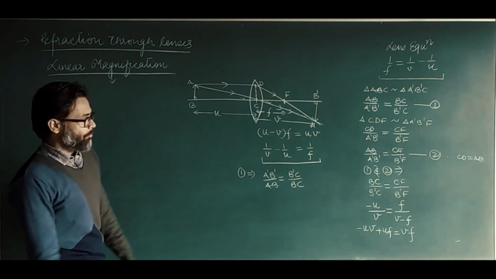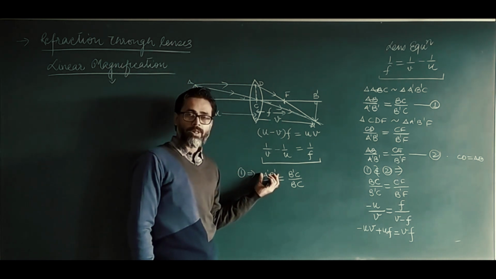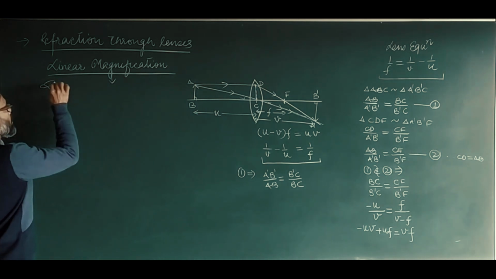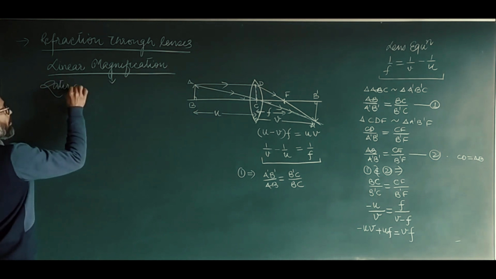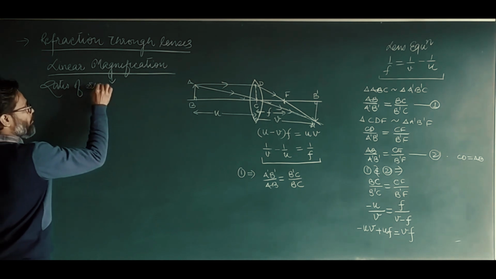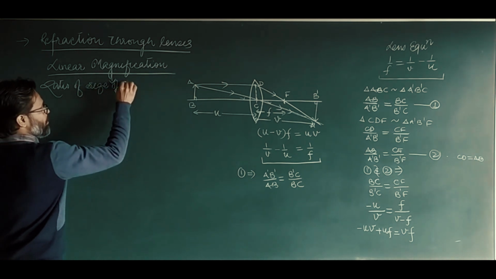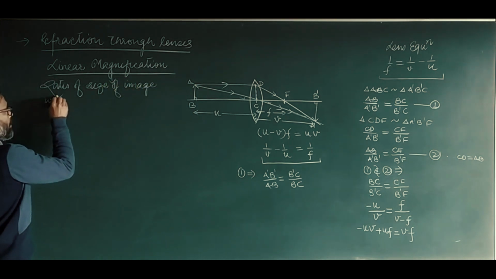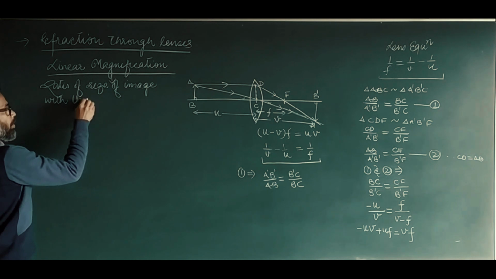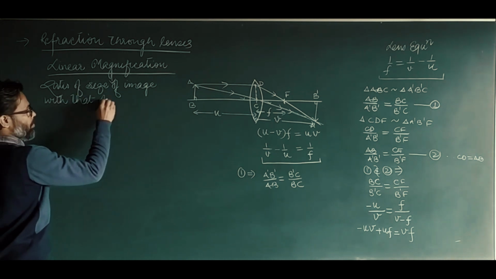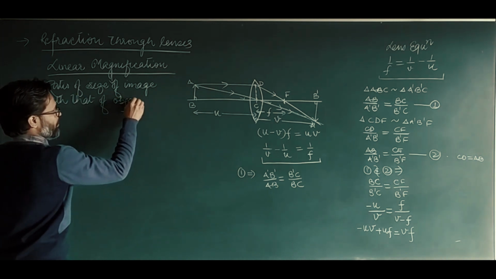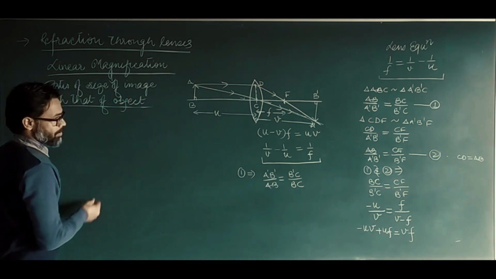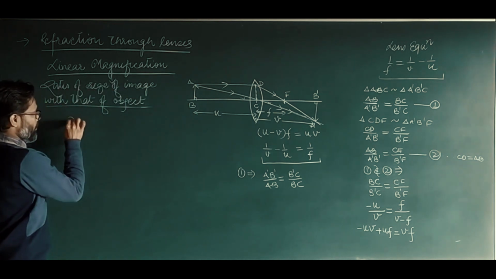The ratio of the size of the image to that of the object. This is called linear magnification, M equals